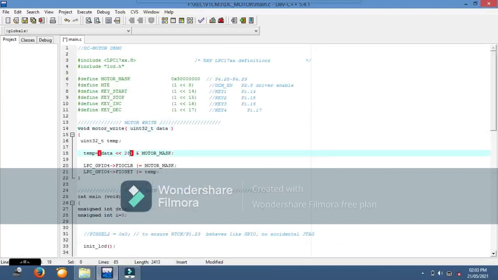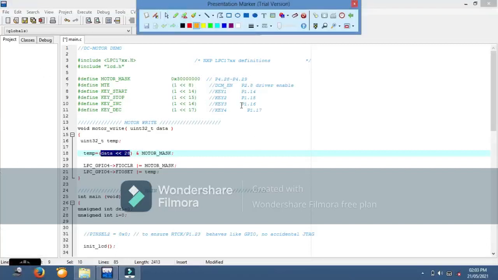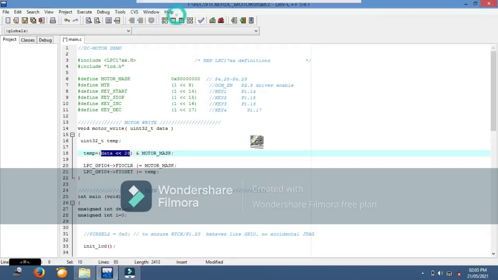So in the motor, the data becomes 000001, where the 1 is rotated 28 times. Then the data will become 0 0 1 1, means all other bits of the 32 bits are 0, the 28th and 29th will be 1.